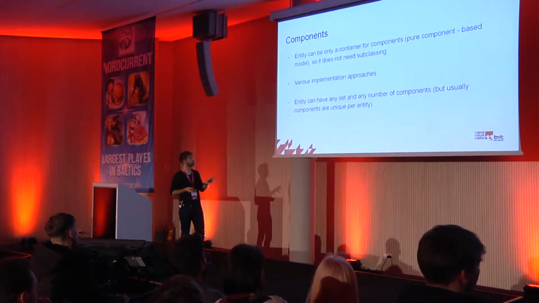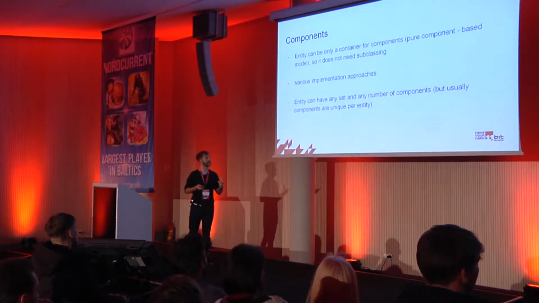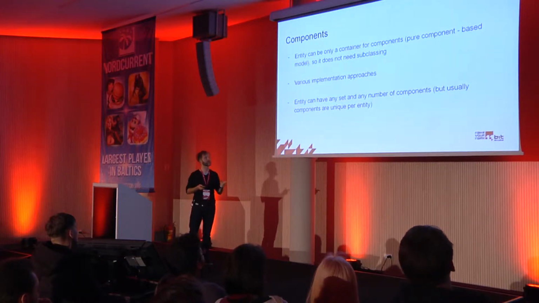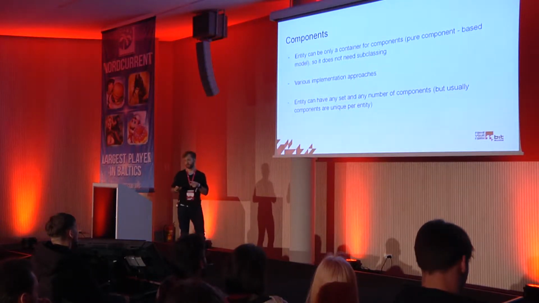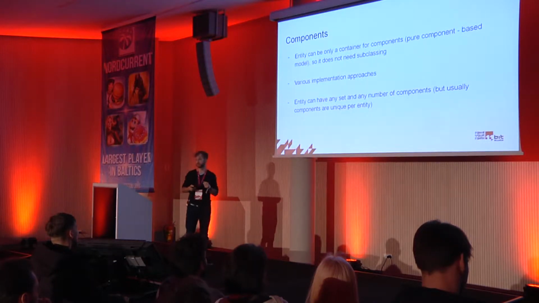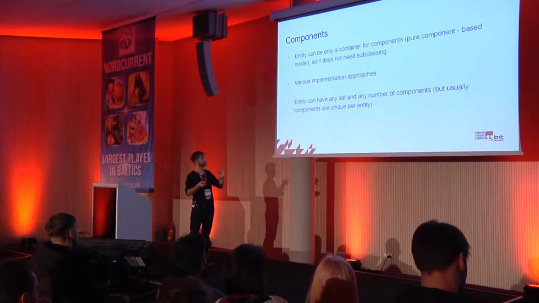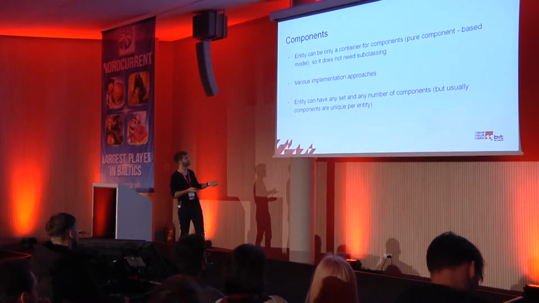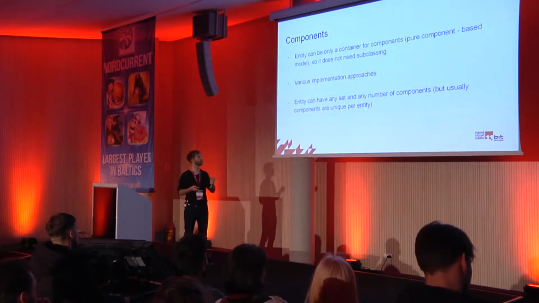Now there's also this nice property that an entity can have any set and any number of components, but usually the components are unique per entity. So for instance, in our example, if we'd like to create Superman, we would add a character fly component and remove the HP component, and there we've got Superman. It's indestructible and it can fly. Just by reconfiguring